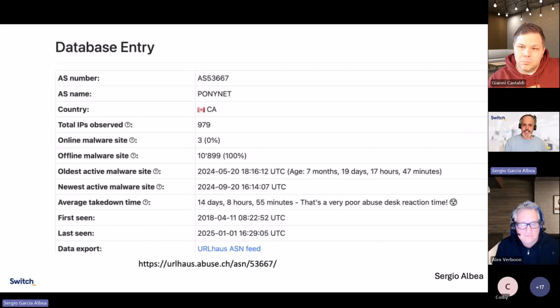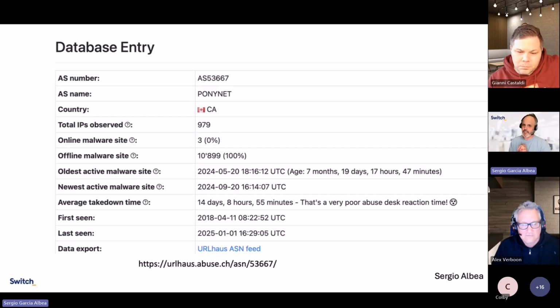So, as I said, this is a really nice place. I suppose that some of you know URLhaus. Further than verifying different things, you can also verify the reputation of the autonomous system numbers. And I will show you other examples too, but as you can see here, this is an important one.